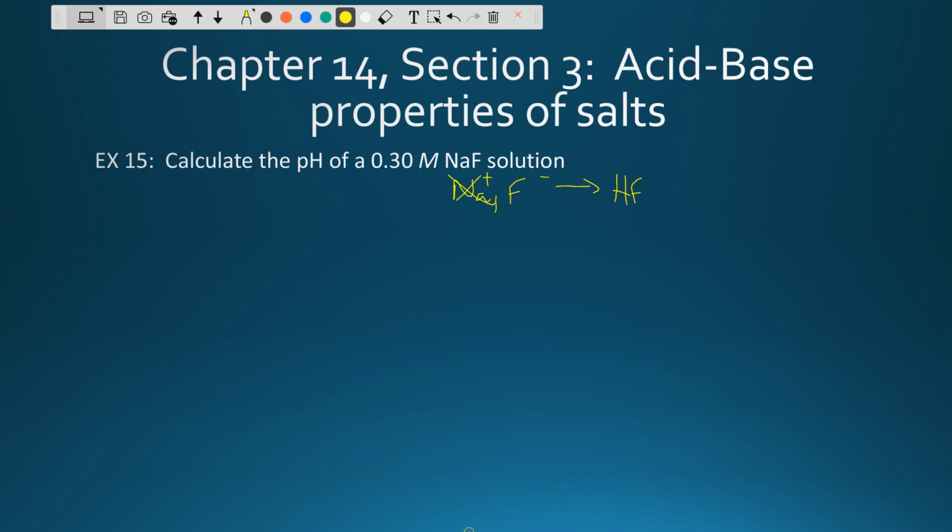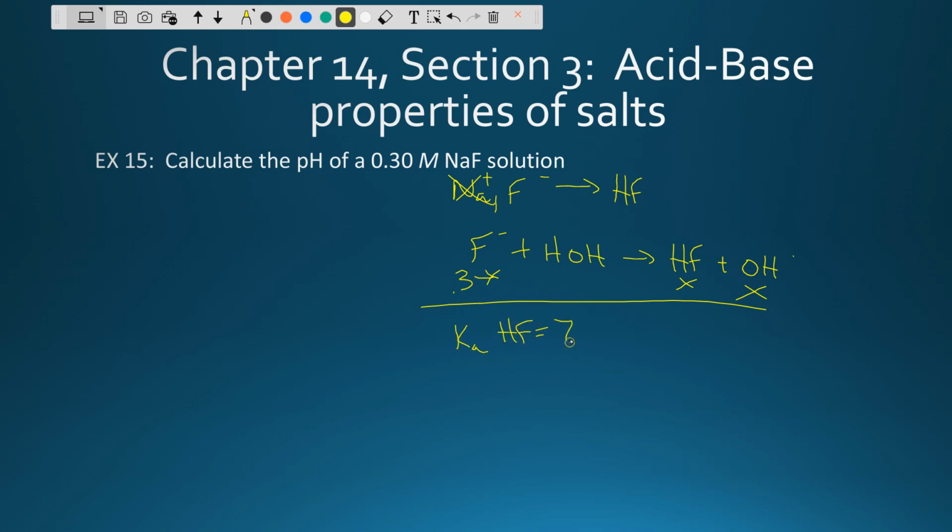Sodium is going to be just kind of good for nothing, just floating around in there. And so my fluoride is going to interact with my water, and that's going to be making hydrofluoric acid and producing some hydroxides. Okay, so my concentration is 0.3, and it's going to be losing a certain amount. There's X and X. And so the question is, how do I know what my values are? Well, I take a look, and I see that my Ka value for hydrofluoric is going to be,